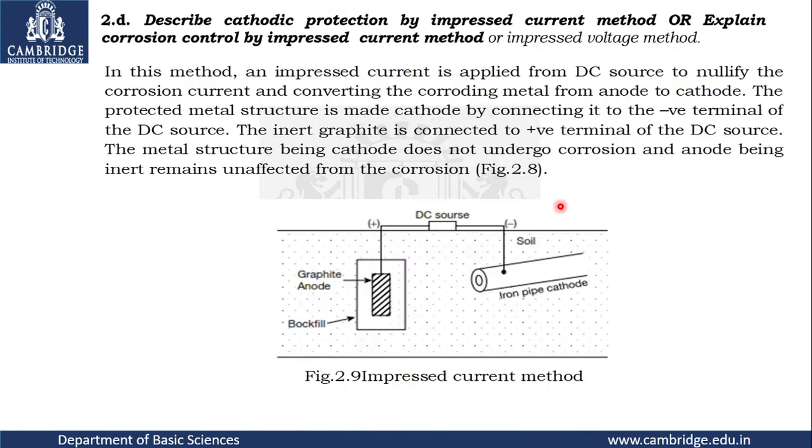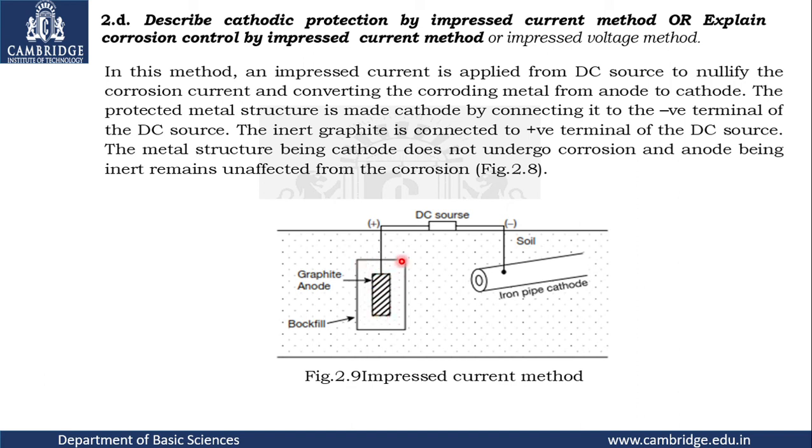Coming to the last question. This is another way of protecting the metal from corrosion called the impressed current technique. So what do we do in this? When a metal is in contact with a corrosive medium, definitely there is a possibility of a minute corrosion current in this metallic structure due to the anodic and cathodic regions formed by themselves. So once you pass a current greater than the corrosion current, it is possible to protect this main metallic structure. Let's see how it is.